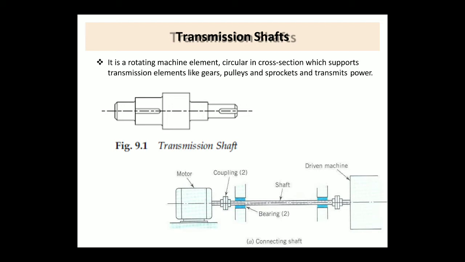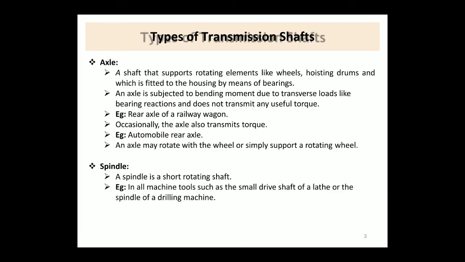There are two types of shaft. First is transmission shaft and second is machine shaft. The transmission shafts are used to transmit the power between the source and the machines absorbing power. These shafts carry machine parts such as pulleys, gears, flywheels. So in this unit, we are going to study the design of transmission shaft only. Now we will see the types of transmission shaft.